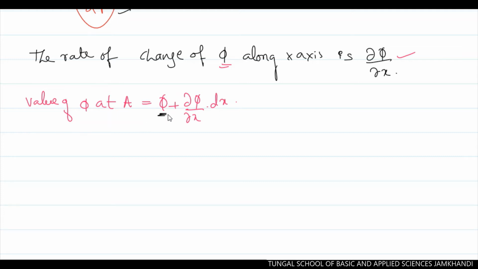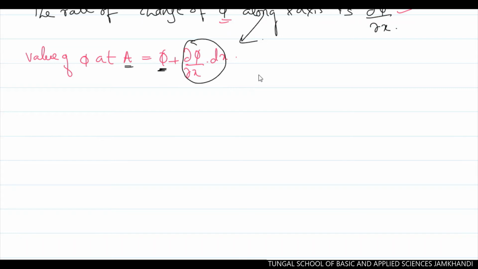This phi is a function at point P, and this is the variation of that same function at a particular distance a along the x-axis. This is along only the x-axis, right? Then similarly, if we calculate the rate of change of that function along y, we can write the rate of change of the phi function along the y-axis